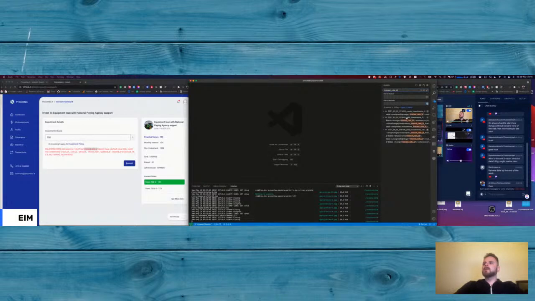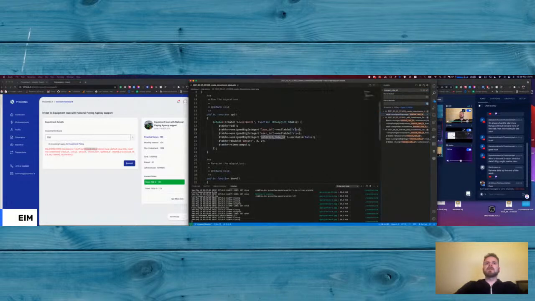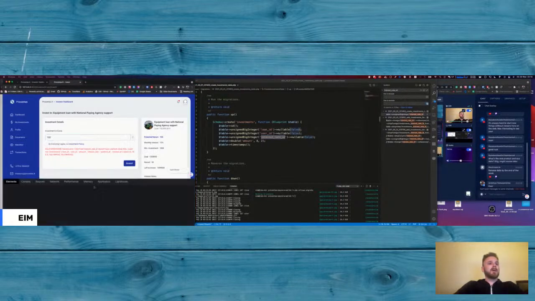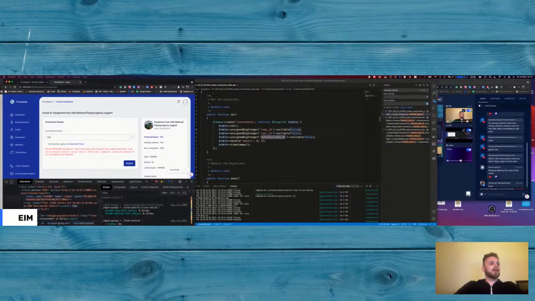Create, add foreign table, unsigned integer, create investments table. Interest rate ID. Okay, interest rate ID, and what is the action? We go with this form. On the Laravel end, let's check the form, invest loan ID.